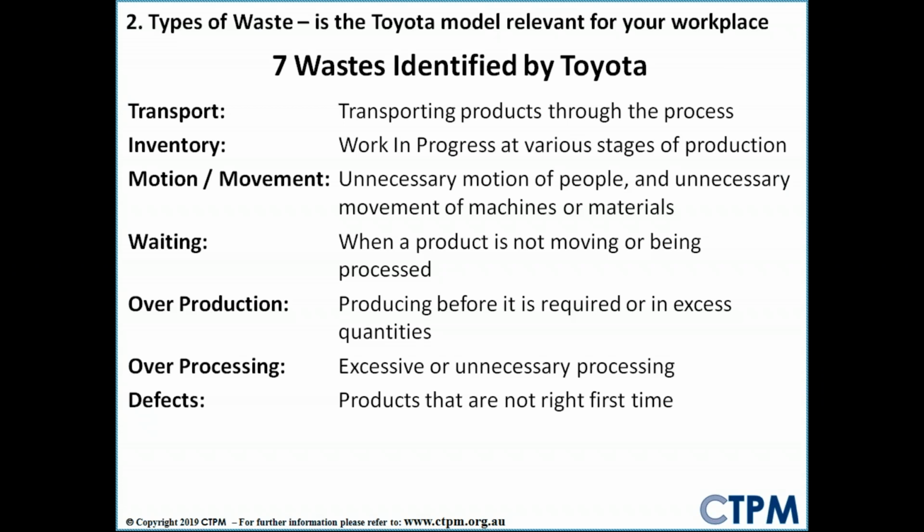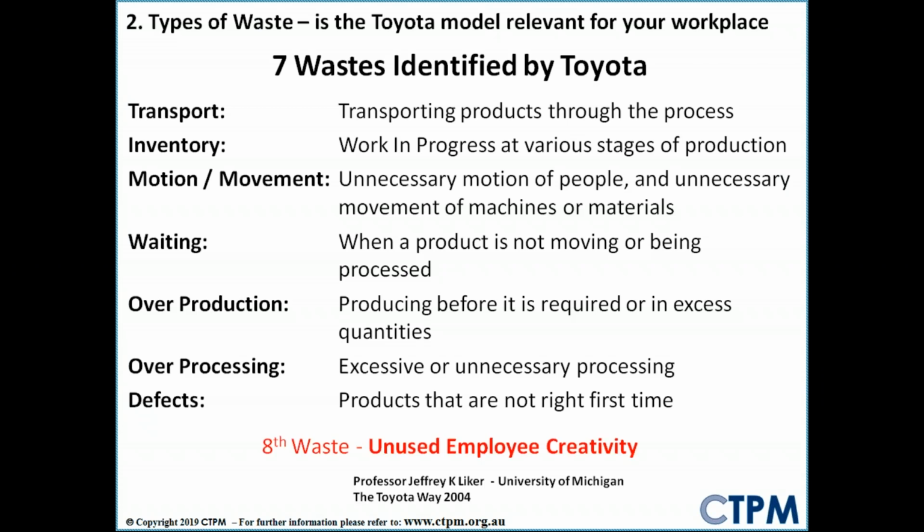The other interesting thing, you've got Toyota and their 7 wastes, which is what the Toyota production system was based on. When Professor Jeffrey Liker wrote about the Toyota Way in 2004, he added an extra waste called the 8th waste, unused employee creativity. Now, Toyota don't see that as a waste because they don't have it. They realized back in the 60s as they were developing their Toyota production system, Taiichi Ohno, the gentleman working for Toyota who created the Toyota production system,